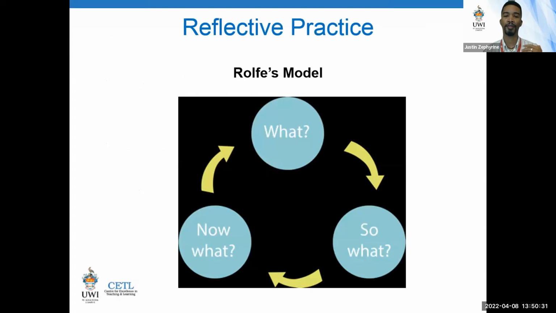When we think of reflective practice, we've been talking about it for this entire week. We looked at different models of reflective practice, and also the different lenses, perspectives or angles that you could look at your reflective practice from. We have the what, so what, and now what.